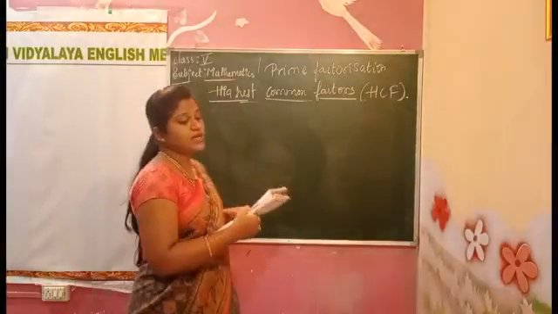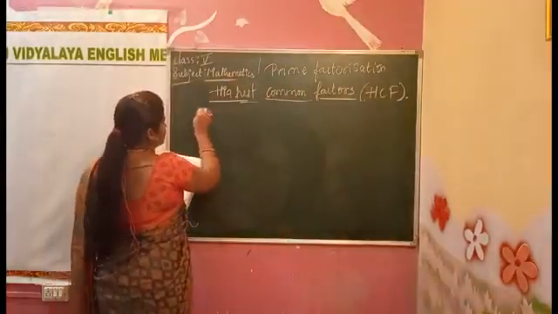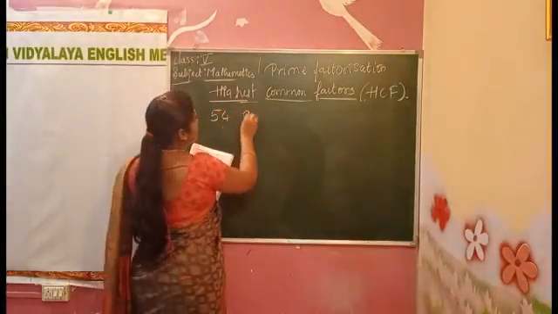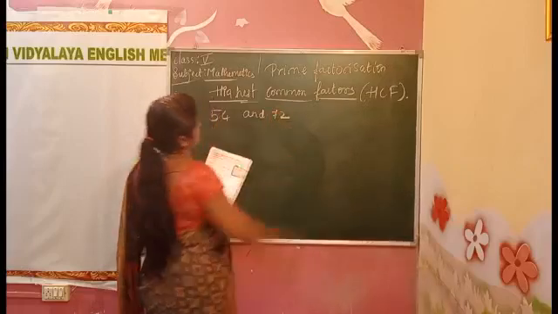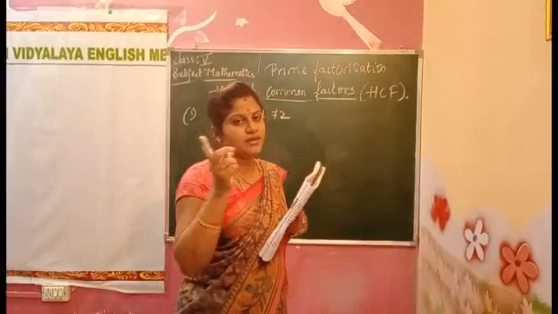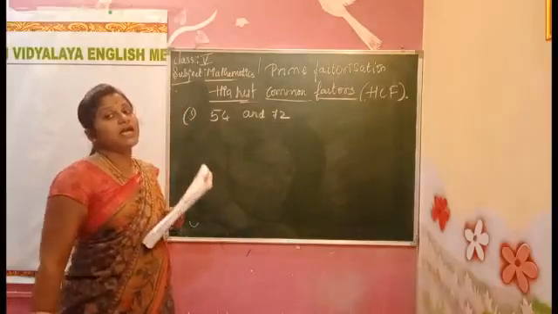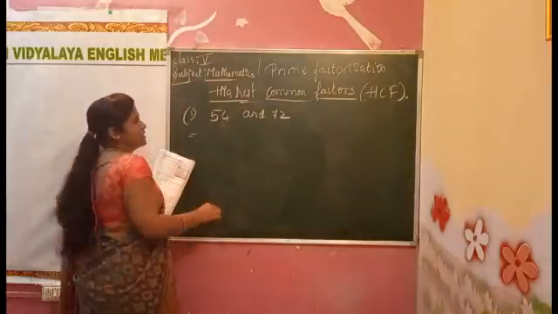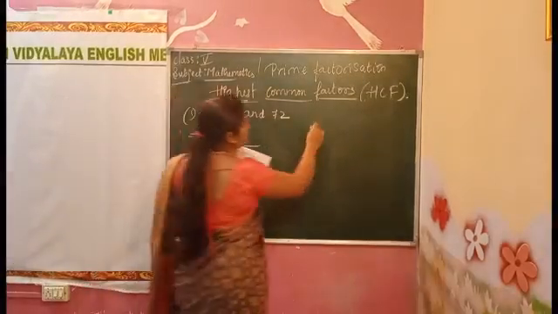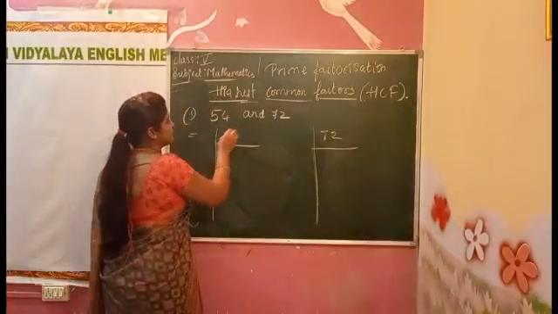It's the same as that only, but with little changes. So, find the HCF of the first problem I am telling you: 54 and 72. Here we are taking two numbers to find the common factors. To find common factors, we need two numbers only; one number has no common factors. So we take two numbers, 54 and 72, and make rows and columns for both.